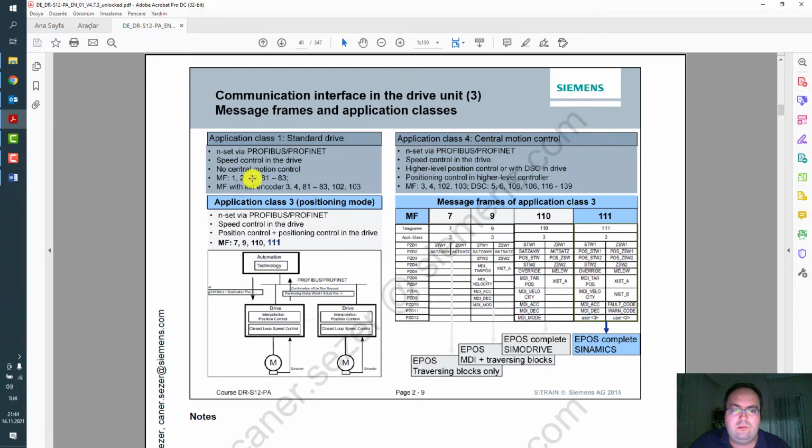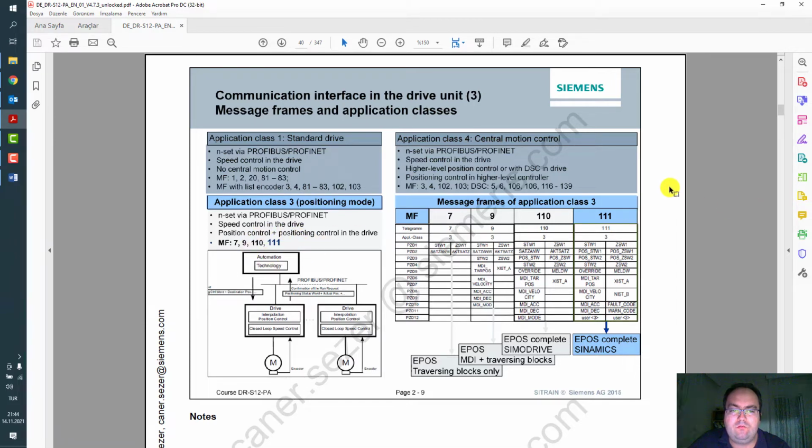Application class 3 is with positioning mode: speed control and position control are both handled in the drive, with standard message frame 7, 9, or, in the other case, we are using 111 for the Siemens telegram.